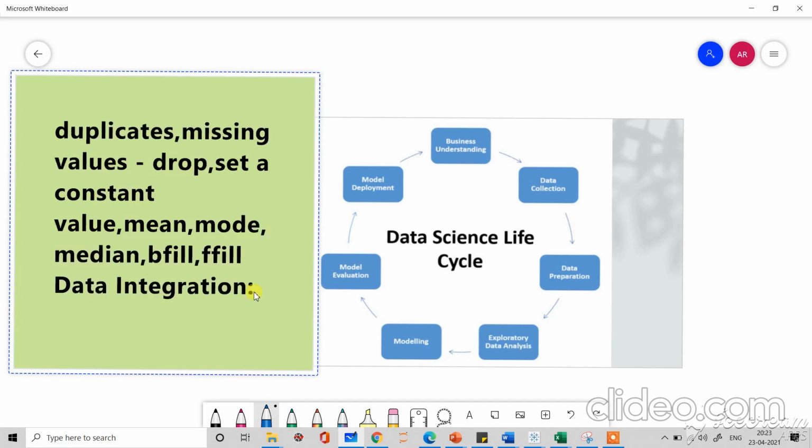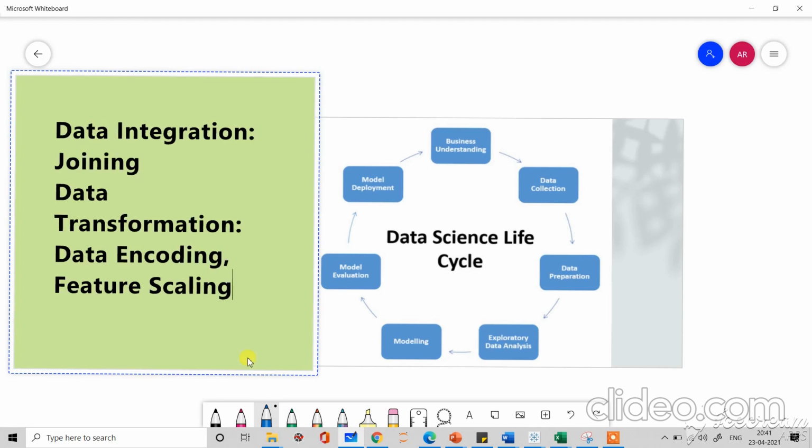The next step is data integration. Usually data comes from different sources, right? So the size, type, and structure of the data might vary. In order to build a data science model, you need a single dataset. So all this data has to be integrated, or combined, into a single dataset. This happens in the data integration step. In our example, we may collect our data from hospitals, clinics, or websites, right? So the data may be available as an Excel file, in a database, or as a text file. All this data has to be joined together, or integrated, as a single data file. This happens in this step.